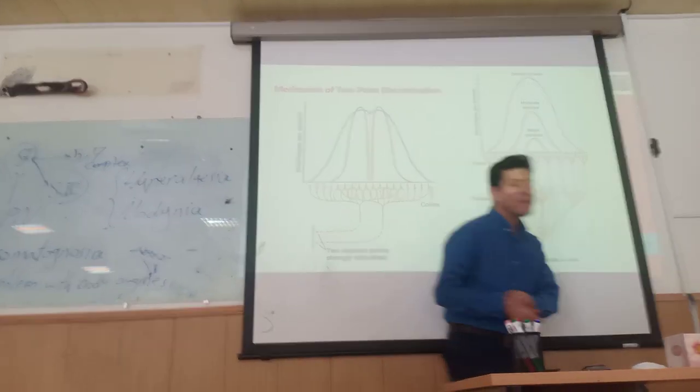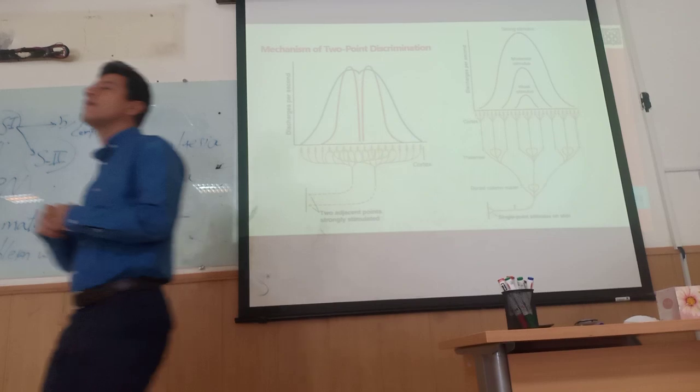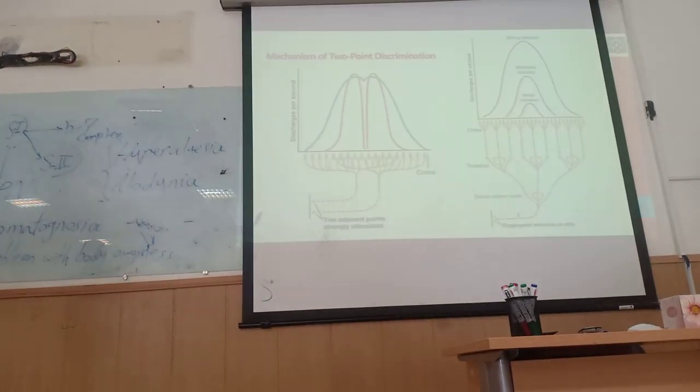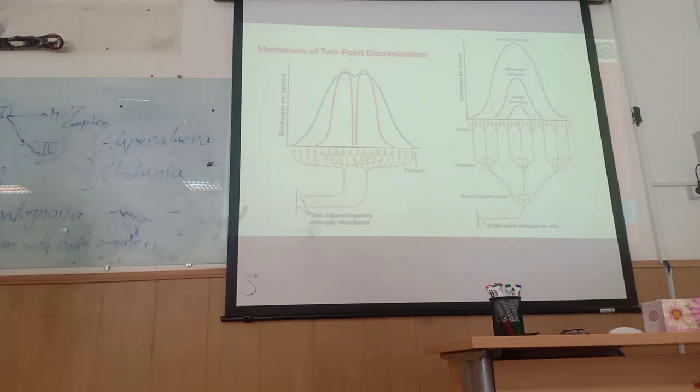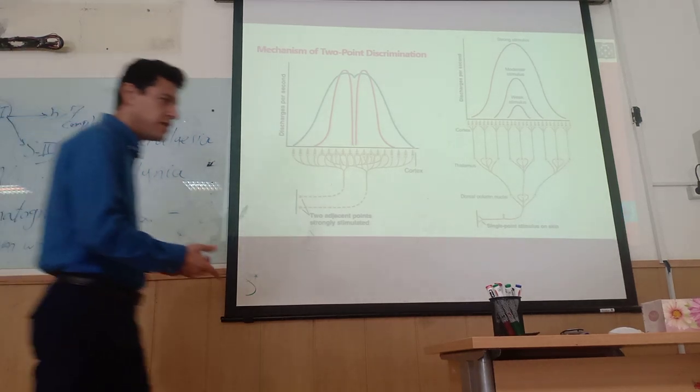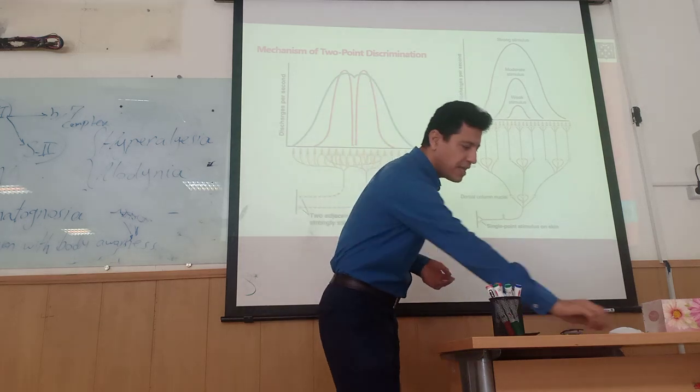There are two mechanisms by which the cortex can analyze the signals. Here you can see a mechanism for 2-point discrimination. What does it mean, people, 2-point discrimination? Imagine that